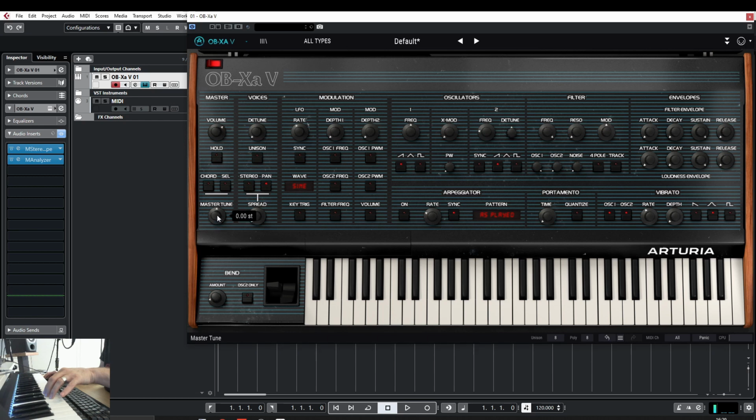Next, we have master tuning, and that goes from -12 semitones to +12 semitones. So that is it for the master section. And next we have voices. For the voices section, I think you need to get excited because there are a couple of things here